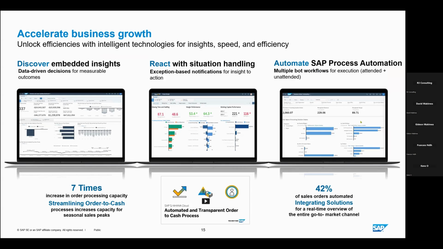So talking about insight, right? This solution is not just providing transaction records. We have built-in analytics, so you're combining both transaction and analytics. It also comes with AI learning, right? We also have very strong models for process automation, right?